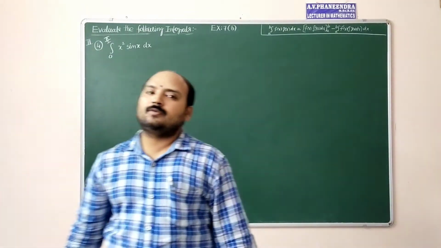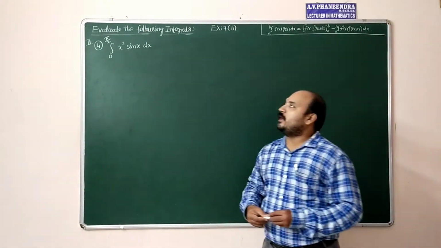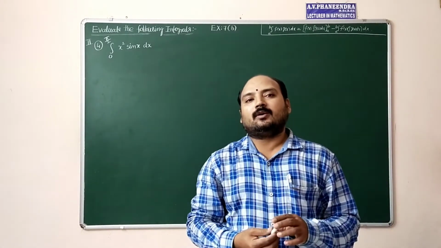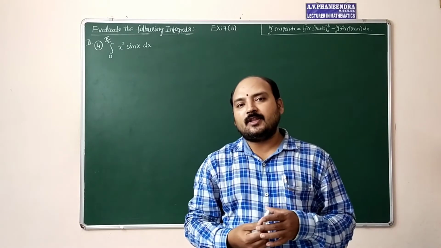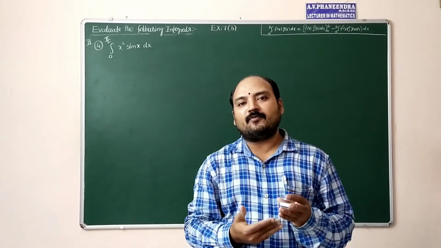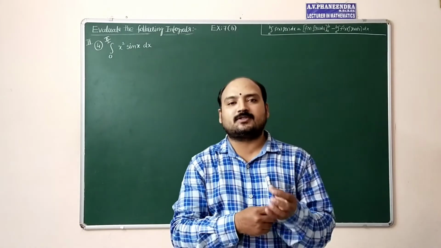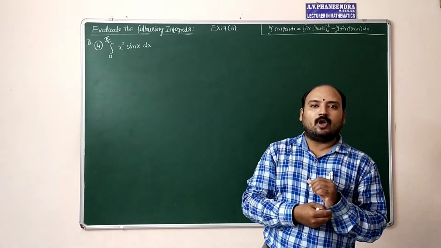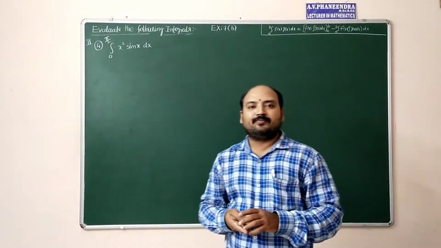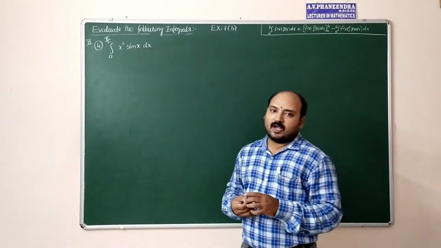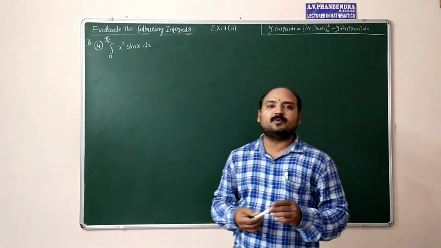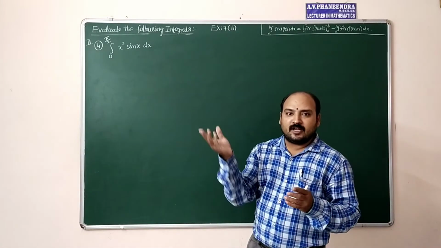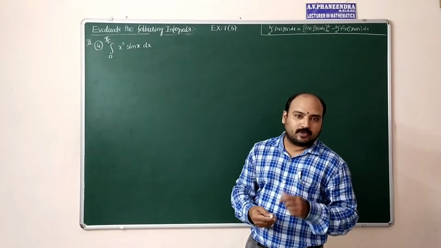The next question. Integral 0 to pi by 2 of x square into sin x dx. Here it is in the form of integral a to b f of x into dx, integration by parts. Whenever the product of two functions is going to be integrated, we have to apply the Euler formula by using integration by parts. Euler formula, first you have to decide which one is the first function, f of x. Clearly I discussed in the indefinite integral videos. Please go through, dear students.